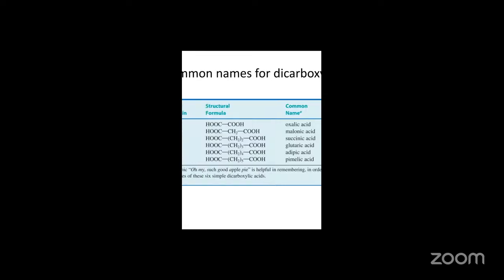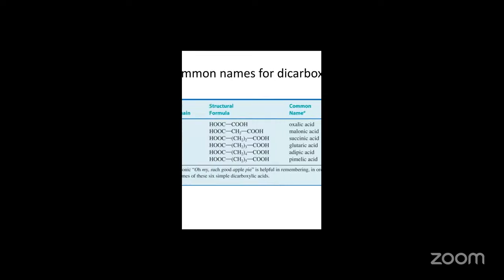So now, there's an acronym we use for this. Oxalic, malonic, succinic, glutaric, adipic, and